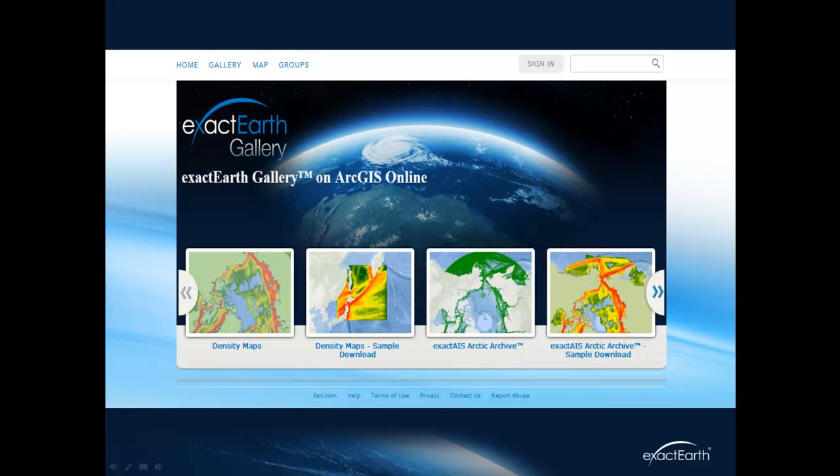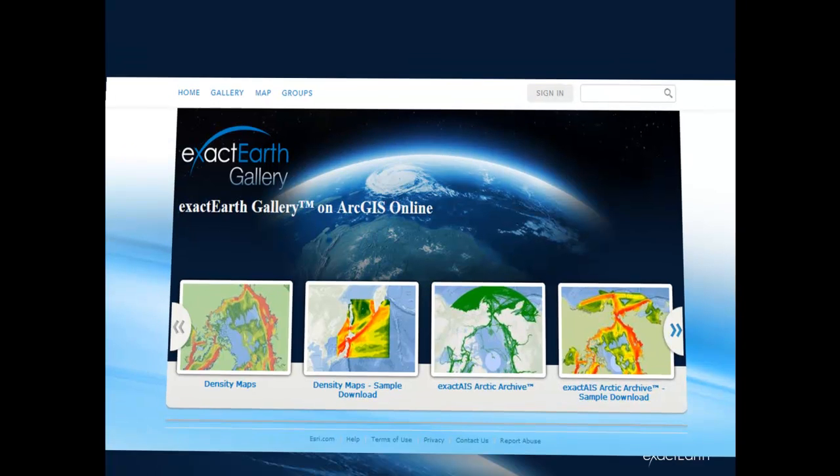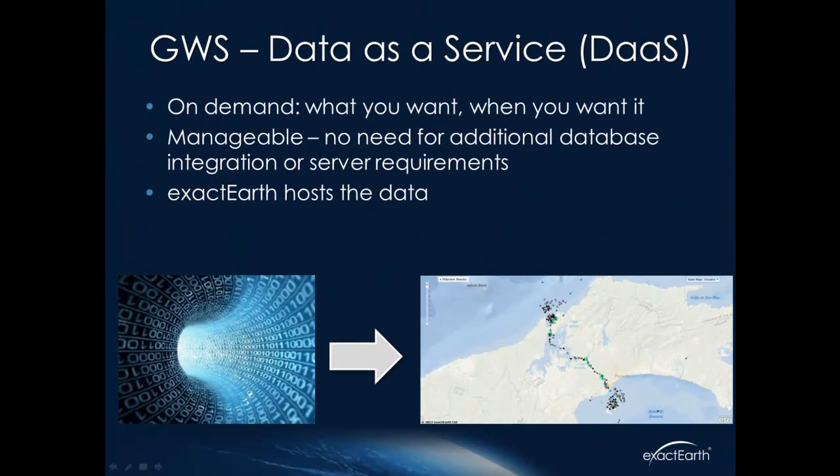And if you have, please search for us on ArcGIS Online, and you will find a very similar approach there, where there will be sample data that you can view within the ArcGIS Online map template, and also information on how to connect to the web services yourself from your own client, and again allow you to explore and build your own picture.